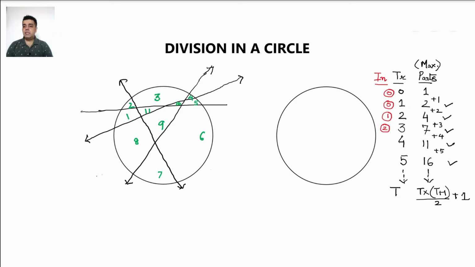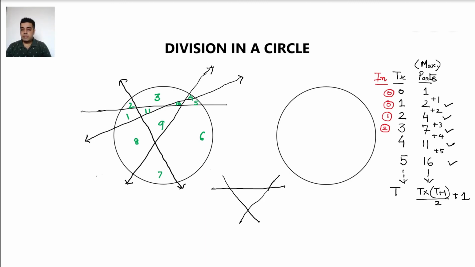Now, the final learning out of this session is, if I do not draw a circle and if I want to see that on a two-dimensional piece of paper, if I remove this circle, and let us say I'm removing the circle and I'm drawing it here on this two-dimensional piece of paper, if I'm taking 3 transversals and if I draw 3 transversals, what is the maximum number of intersection points that I would get out of this exercise? Intersection points, in any case I'll get 3 intersection points, but on every transversal I will have 2 intersection points that we had already discussed.